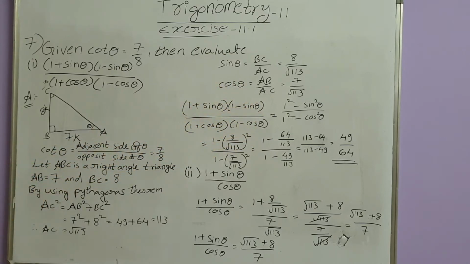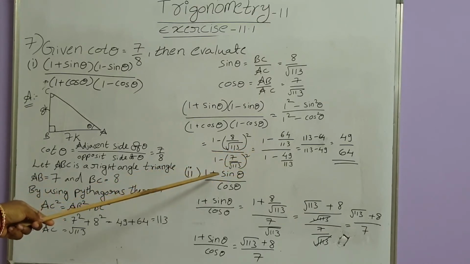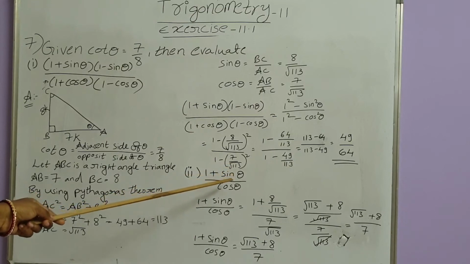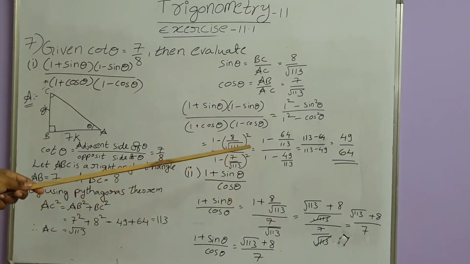In this we can substitute sin theta values and cos theta values. Here 8 square, 8 eights are 64, under root of 113. Root and square both are cancelled. So 113 by 1 minus 7 square, 49. 7 sevens are 49, by under root of 113 whole square. So root and square both are cancelled. We get 113 is equal to